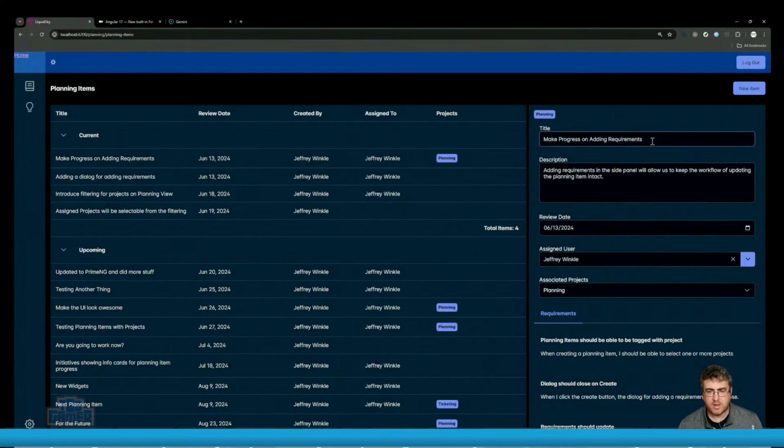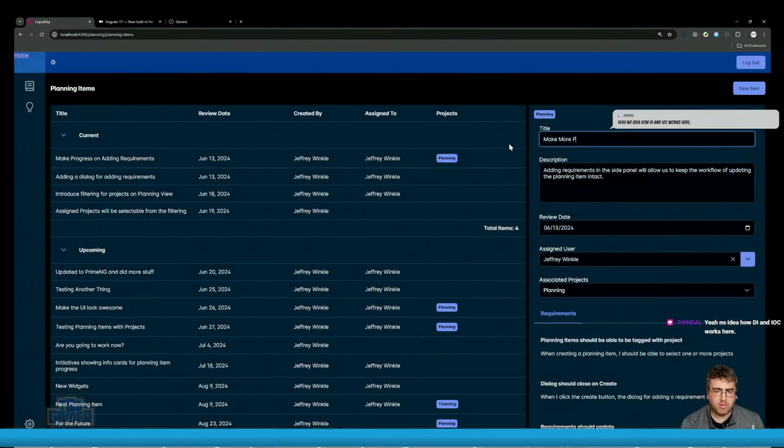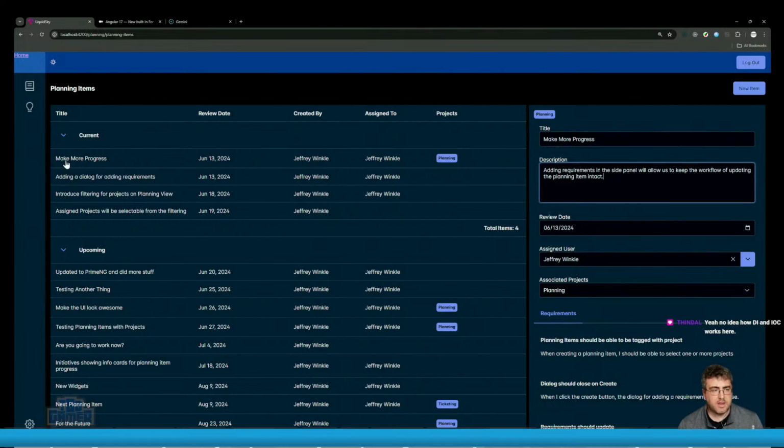That's interesting. Make progress, make more progress. If I tab out now, that will update. That's actually gone to the server saved, but also committed to the store, patched the state of the store, and updated. So these two stores, even though they're connected to different controls,